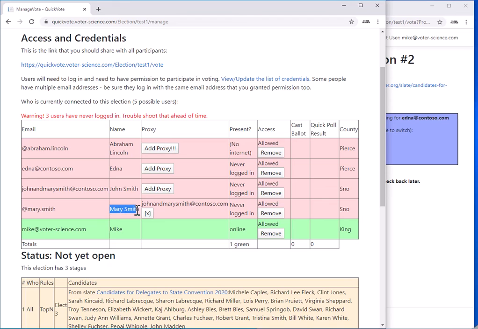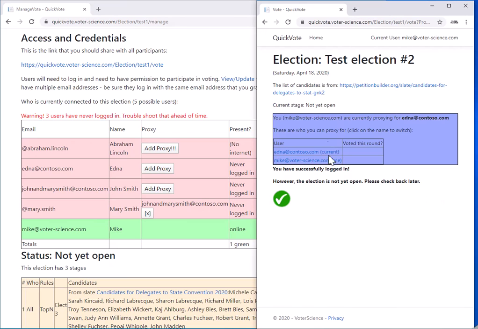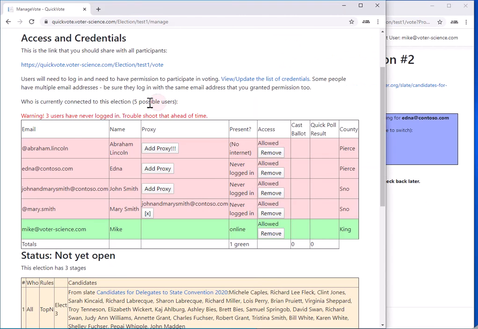And so for Mary Smith, we gave her a fake email address that was different than John's so that they each had their own unique identifier, and then automatically set Mary up to be proxied so that when they log in on their single computer, just as we saw before, both names will show up and they will be able to use them. So the other thing to emphasize here is just pasting in the Excel file, the CSV,